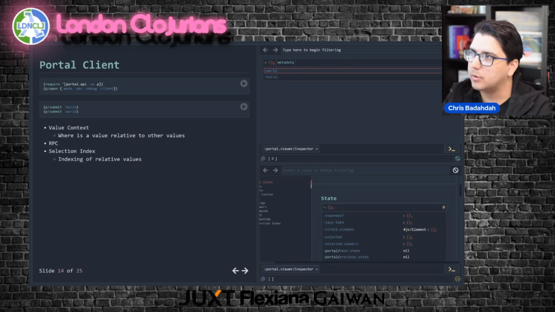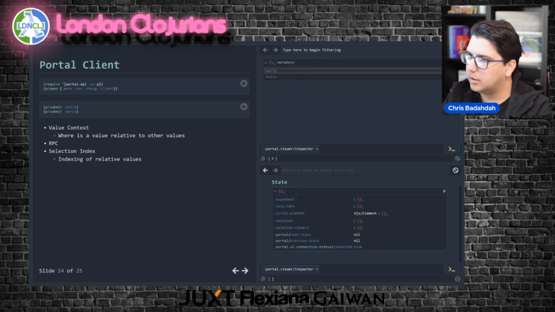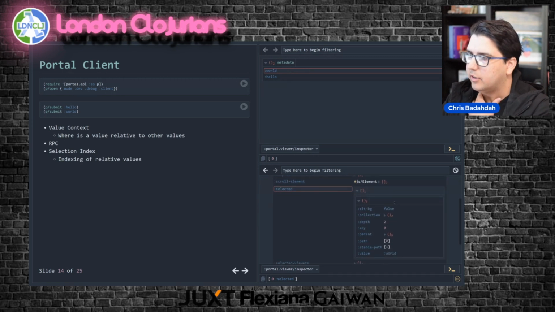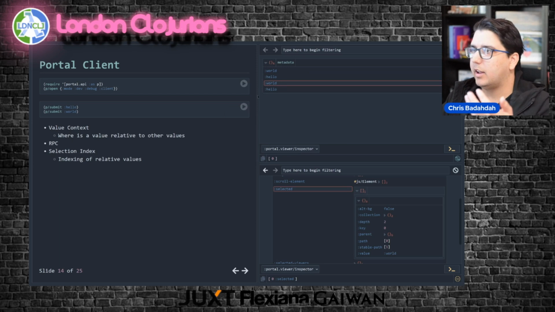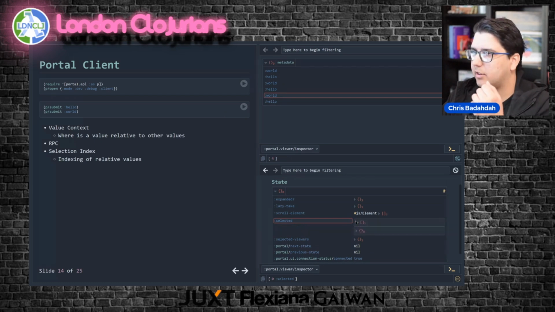So for this value, hello world, when I select it, it will go into this selected vector. Let me just click that. Okay, so it goes into this selected vector, and that vector has the context of where that value is. Because if all I did was say, hey, you've selected world, the issue is that there are many potential worlds in a list, right? You could have tapped this multiple times, like here, right? I actually want this world, because it might be different potentially. So you can't just capture the value, you have to capture the context of that value.